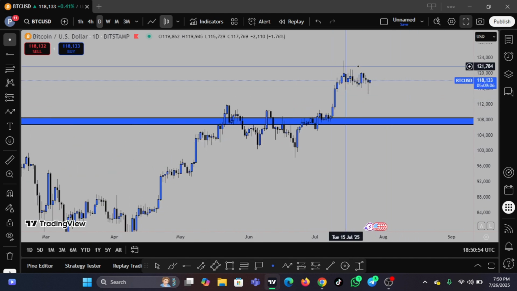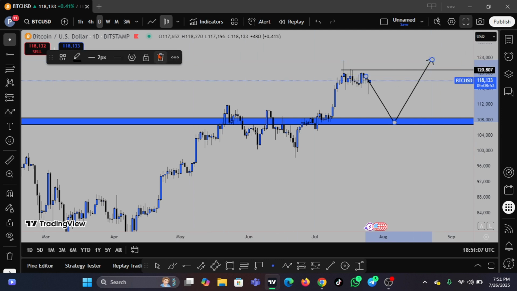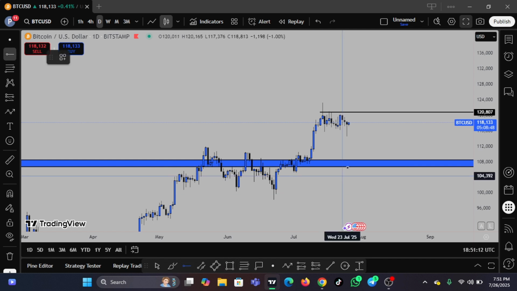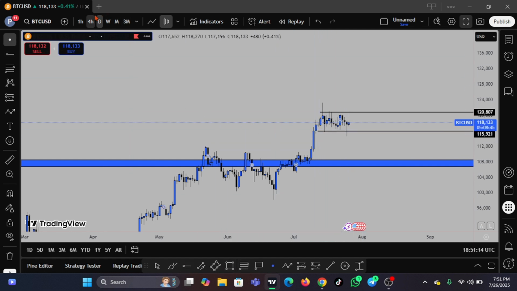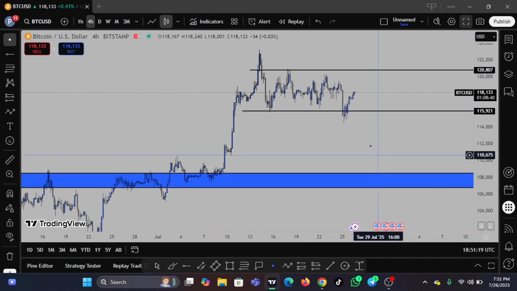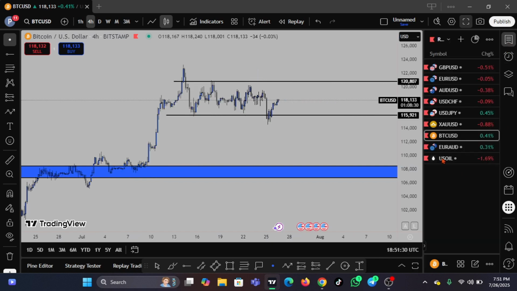You will see that from here price has started stalling. Price is stalling at this point. So I'm expecting some deep retracement before we can fire up on Bitcoin. Or if price should break above this level, then that is another journey to the top. This is looking like a range. So if we break above this range, Bitcoin may not come down here, but if we break lower, we expect Bitcoin could come back to 108,000. Then we can have that push up again.